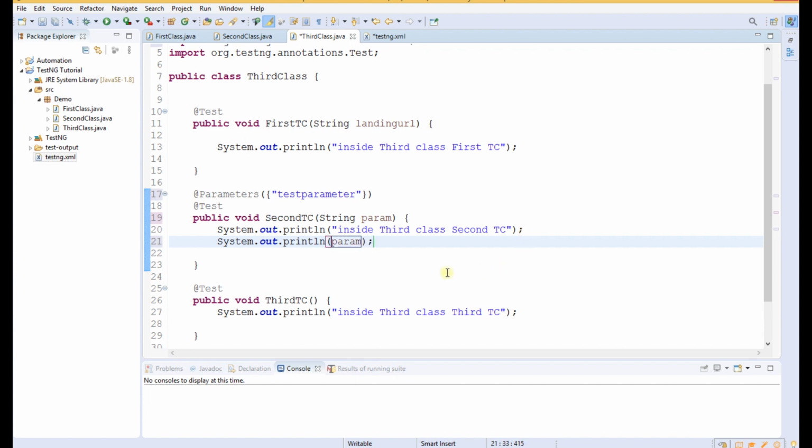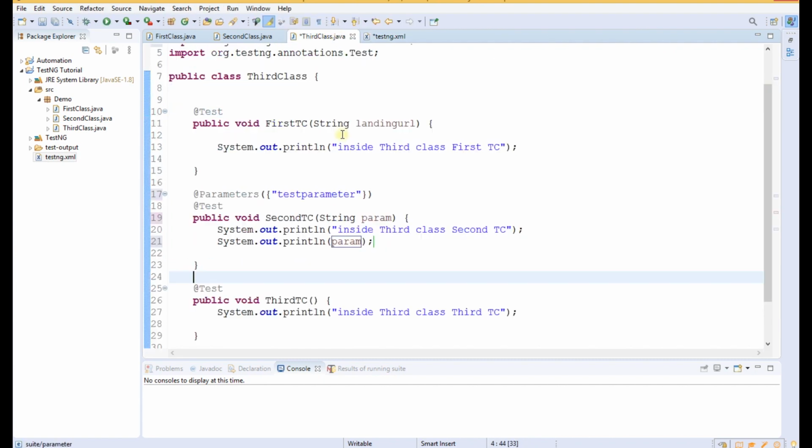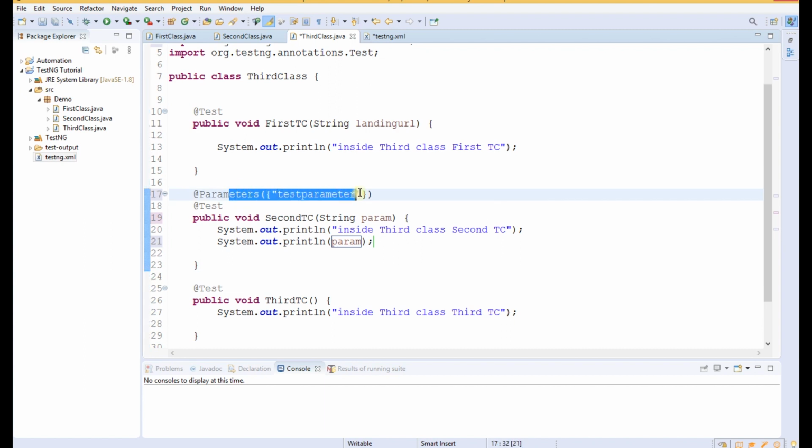Now what it will do, the parameter that is written in the testng.xml file, first it will come at this annotation @Parameters, and after this annotation it will come to this String param, and after this it will print on the console the value of that parameter. Now let us save it and run it, and let us see what will be the output.